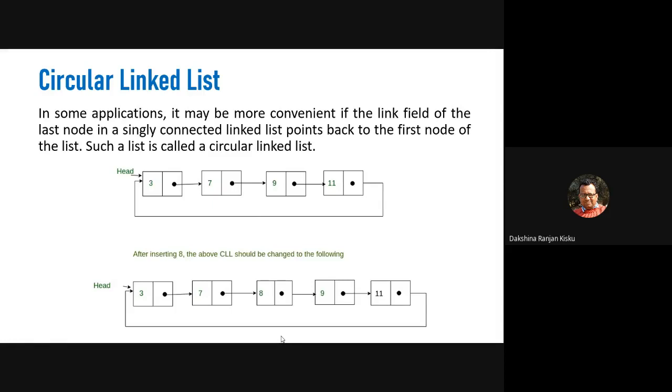Now you have been asked to traverse the circular linked list using the pointers of any node. Then which pointer of which node will you use first, or from which point will you start your traversal operation?